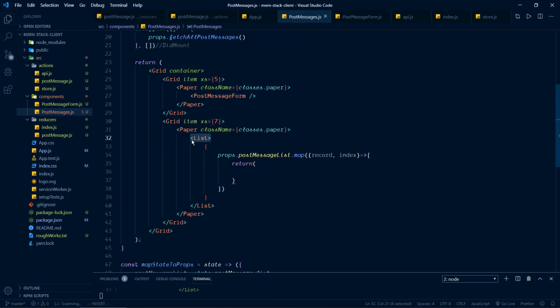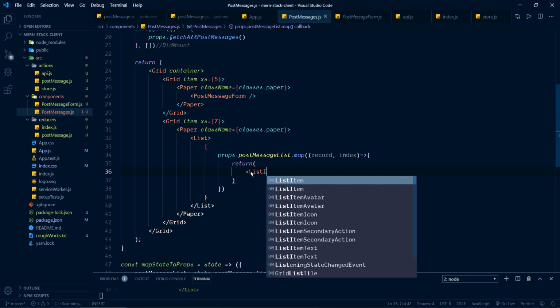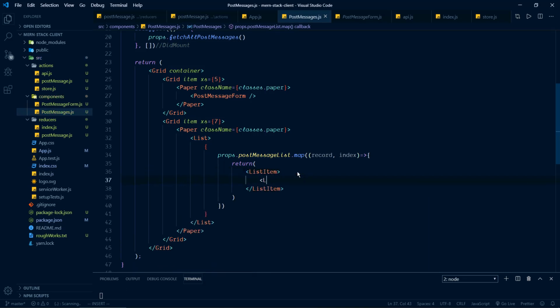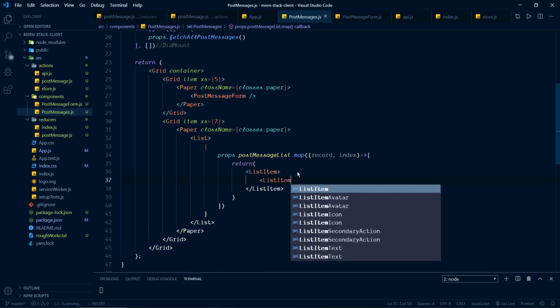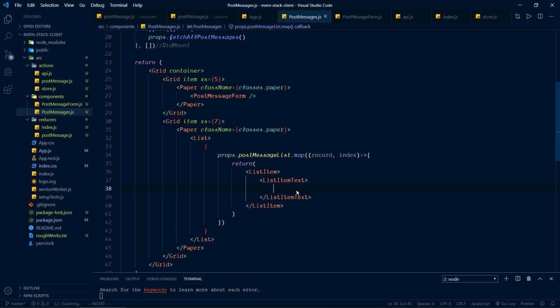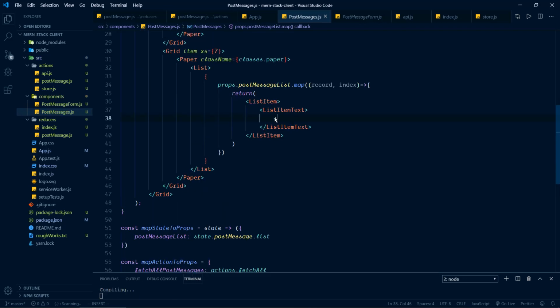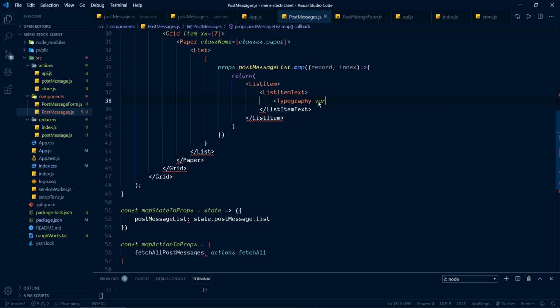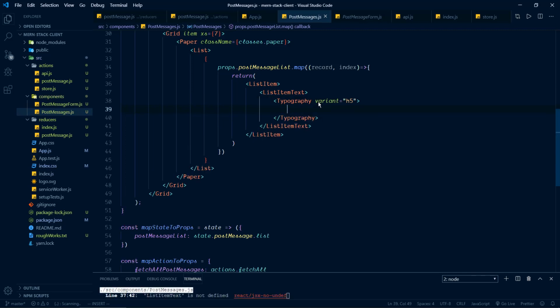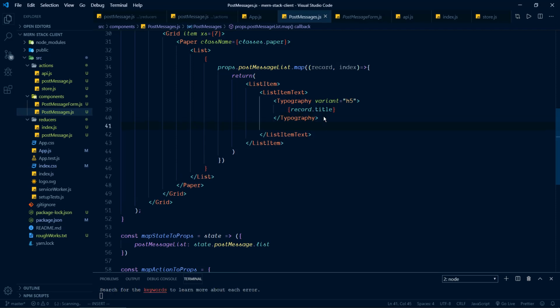For each item inside this list component, we can have this component, list item, and inside that we can have another component, list item text. To display the post title, I will be using an h5 header. So we can use this typography, variant is equal to h5. Inside that, we have to show the post title. We can access that from this parameter, record. So record.title,